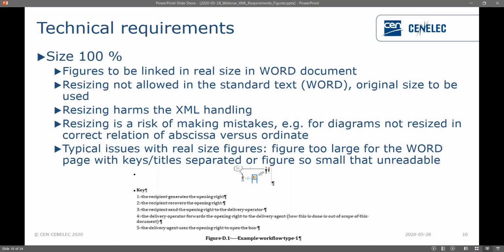So the documents usually get linked into the Word document as we start all work from Word. Word is the basis on which XML works, and we export this document later into XML from Word. So the figures shall be in the original size, as there's no resizing allowed. Resizing is a problem for the electronic handling,